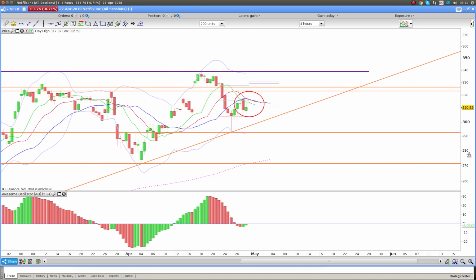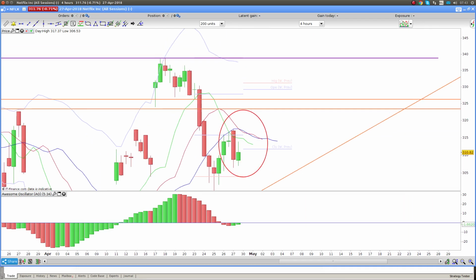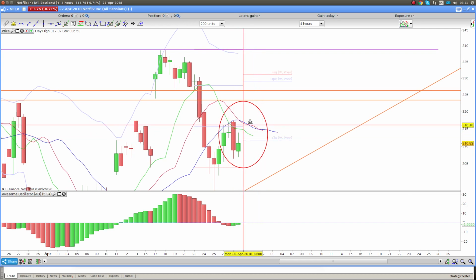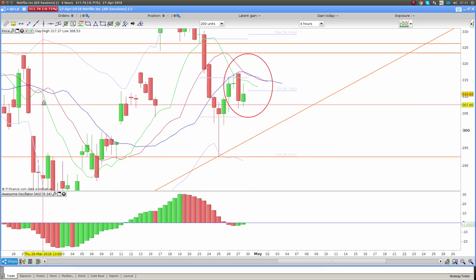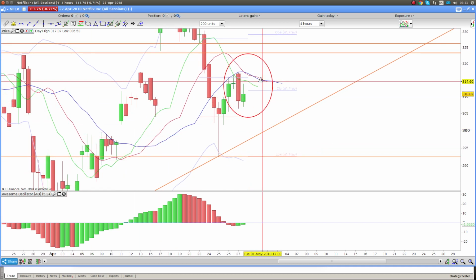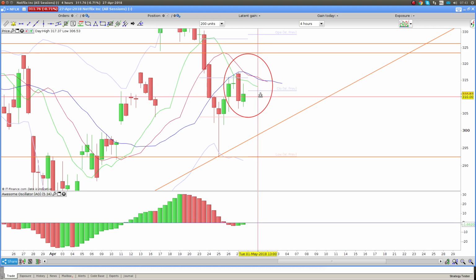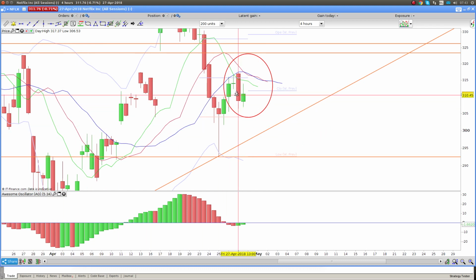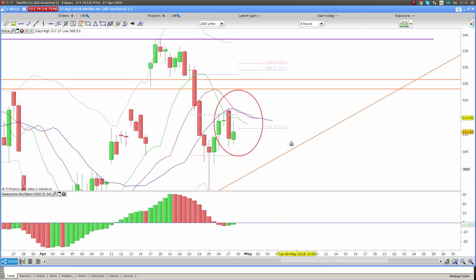And as I say, if this here holds, so let's just mark it. If we stay below the Bill Williams alligator there, so we stay below this blue line, and you can see how the green, blue, and red are starting to line up in the opposite to an uptrend. So they're starting to line up green, red, blue. See, the red has just crossed over blue, which means that we have some potential for downside. Okay, so you can see what happens here. Then if we do gap down or move down quite violently, you can expect a lot more downside.